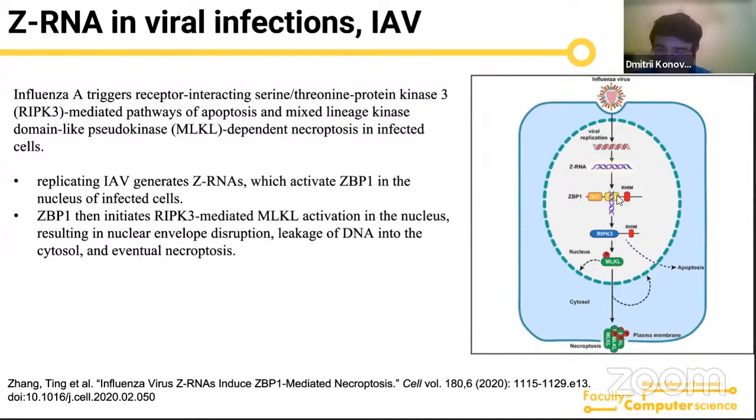After that, ZBP1 activates RIPK3, the necroptosis pathway or apoptosis pathway, because there are multiple ways of cell death, and which one would be active is a result of several pathways. RIPK3 can be responsible for apoptosis and necroptosis. But it's not the only way of cell death, because there are others, for example, pyroptosis, which is not